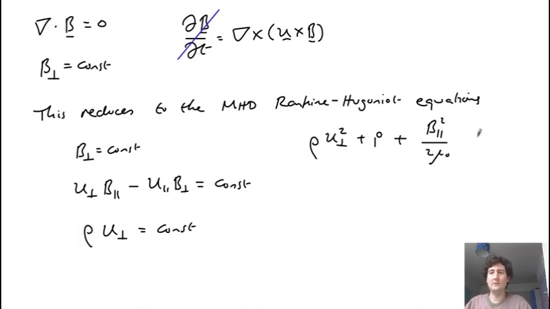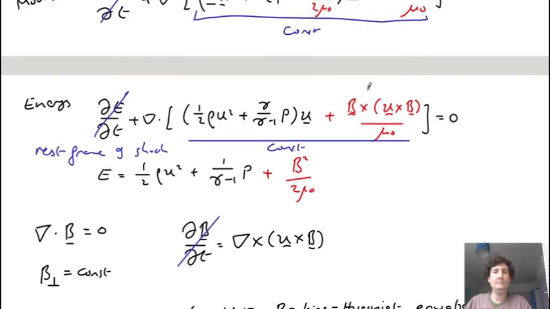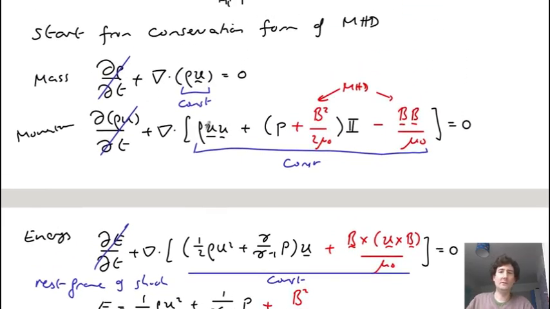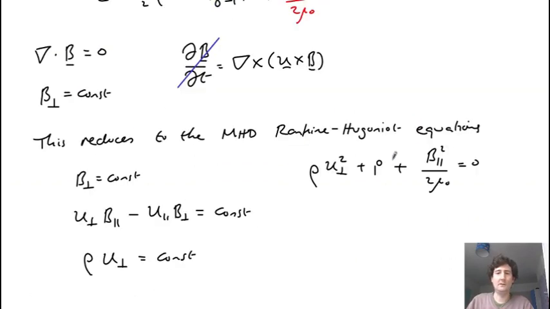So if you take the diagonal, I'll show you where this comes from. This is a tensor equation, so we have two indices. Here we take the perpendicular components of both, so we have u perpendicular squared. We take the perpendicular components of this, and just have a B squared, and take the perpendicular components of this, so there's a B perpendicular. And so B squared minus B perpendicular squared gives a B parallel squared, which is why there's a B parallel